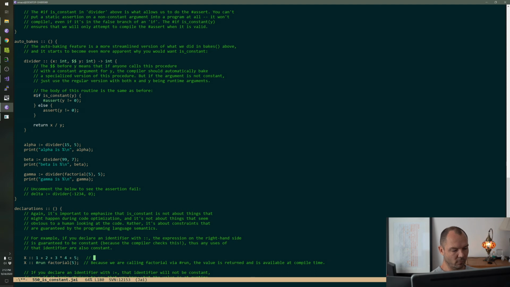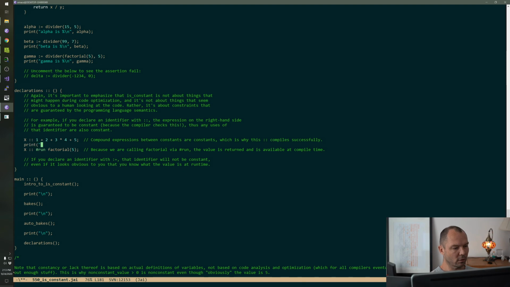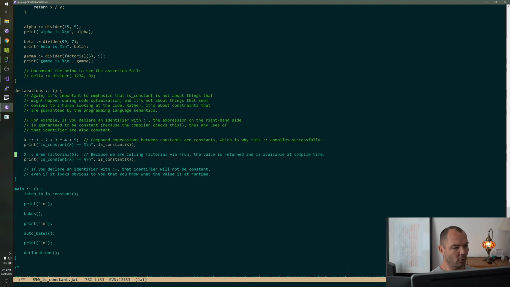Okay. Compound expressions between constants are constants, which is why this code compiles successfully, right? So we're going to do that. We're going to do y.